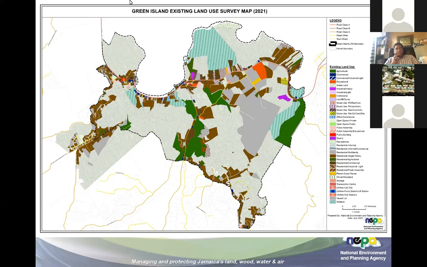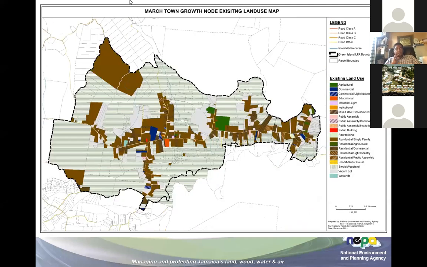And again, as I said, based on various population projections, committed lands, etc., we will seek to prepare the land use zoning map or zoning proposals going forward. And again, the Marchtown special area, which was included. So we're seeing significant areas of vegetation as well as significant areas of residential areas. The Marchtown area, whilst we have seen an uptick in development activities within this area,